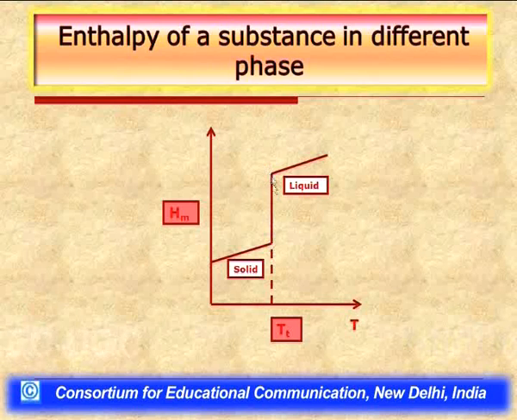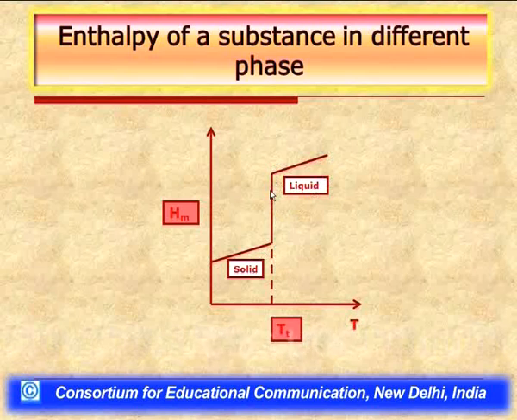So it is very clear that two different phases of the same substance have different enthalpies at the same temperature. So the heat which we are continuously supplying is used to raise the enthalpy of the substance when it undergoes conversion from one phase to the other. That is, the change in enthalpy represents the enthalpy of a physical process called phase transformation. If the transformation of phase is from solid phase to liquid phase, this enthalpy is known as enthalpy of fusion.